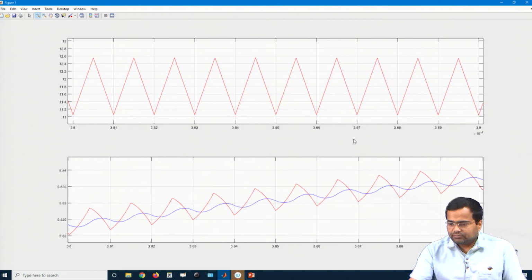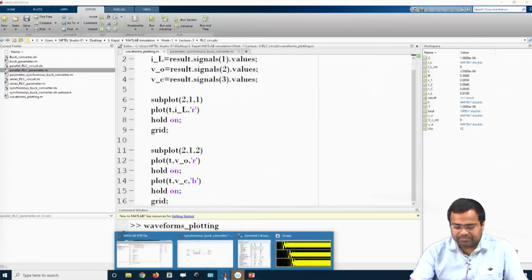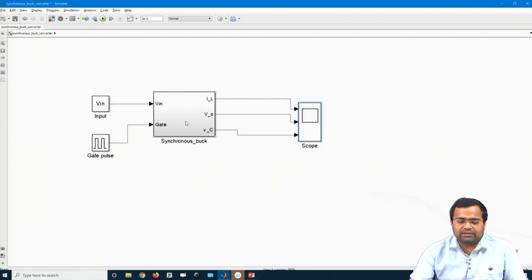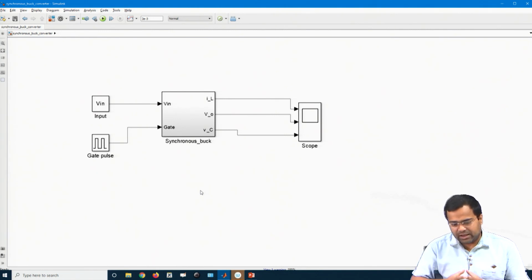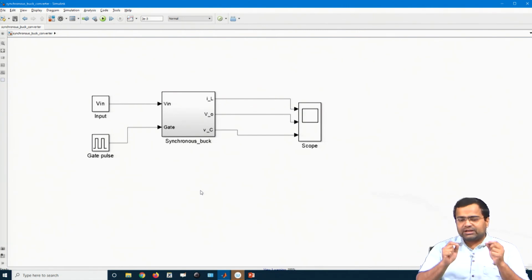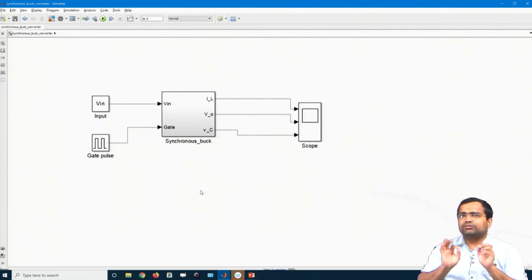Now, we are able to implement this buck converter, and I will leave it for the next session. I will present how to incorporate the DCM enable operation, when we want to consider discontinuous conduction mode. Right now we are only running the synchronous buck converter, where we do not care about the discontinuous conduction mode. It will always operate in continuous conduction mode.